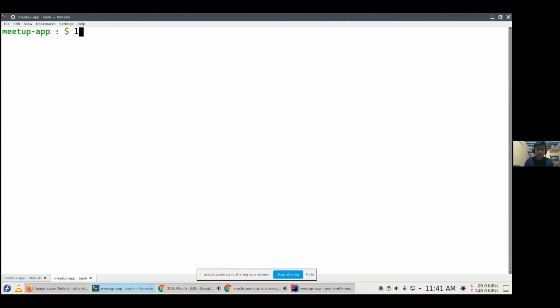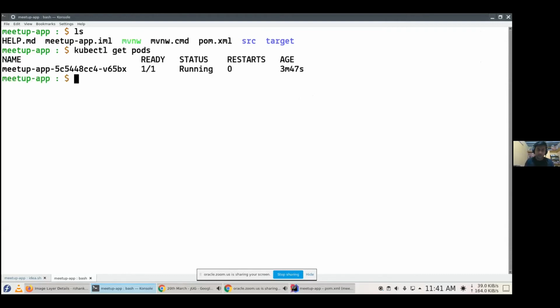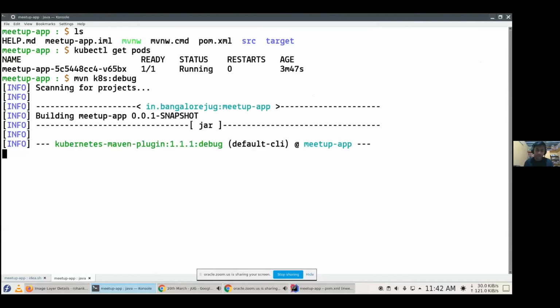So far we have seen build, resource, apply, log. So let's try to see the debug goal in action. Our application is now running inside Kubernetes, and now we want to debug it. So we have a goal for that as well. For that, you just need to do mvn k8s:debug. You just issue the debug goal, and it's going to port forward the pod's debug port to a local machine,